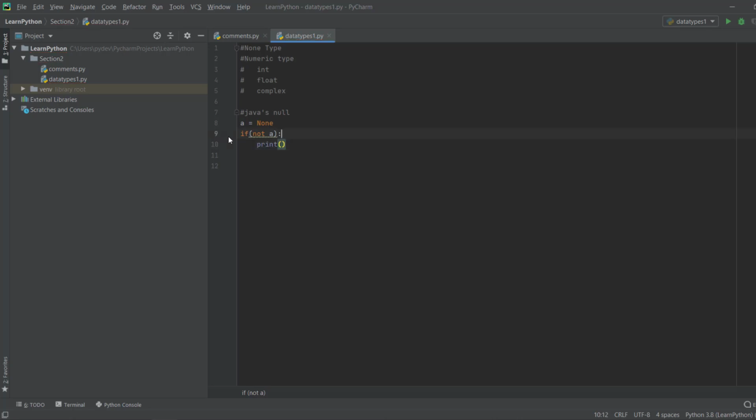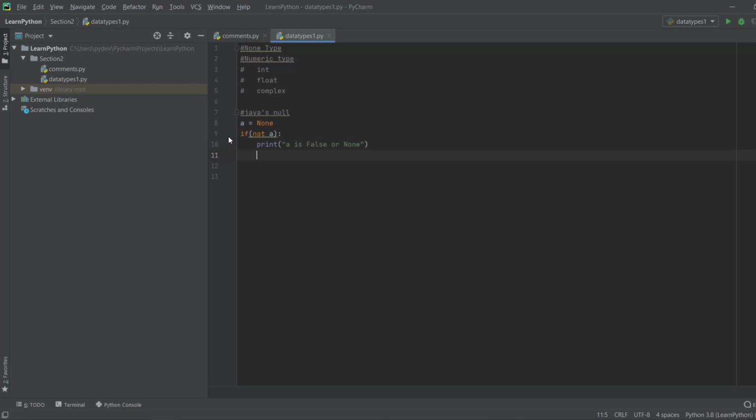Whenever there is an if block, you need to put the code under an indentation, that is, a proper space. You will see all this when you're writing complex if statements, for loops and all that, but I'm telling you so you get more familiar. So, print 'a is false or None'.